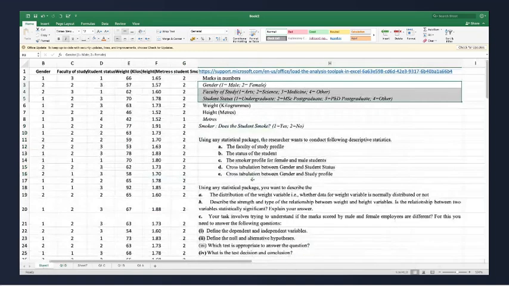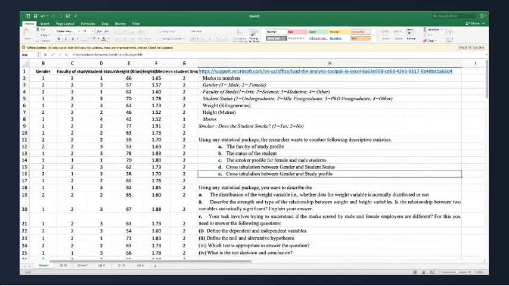Now, what does 1E say? So let's, instead of this, let's say cross tabulation between gender and average weight, right? So that is my question. Let's come to question number 1E.